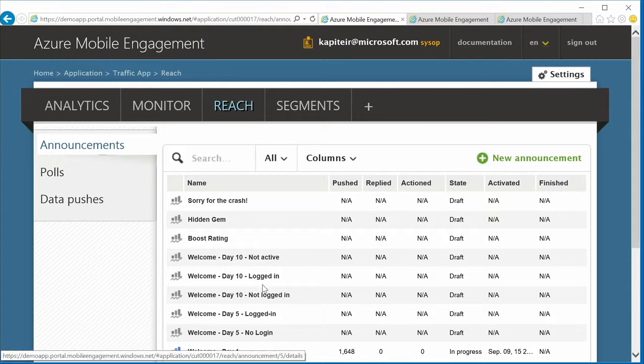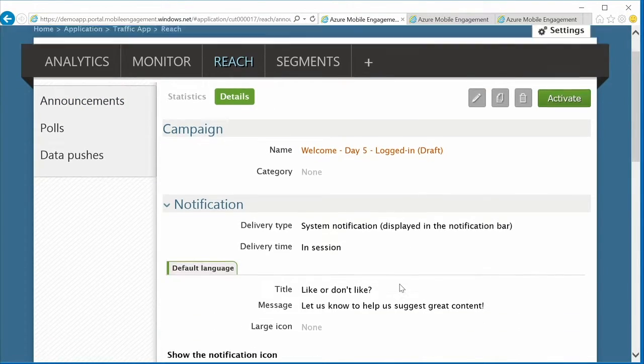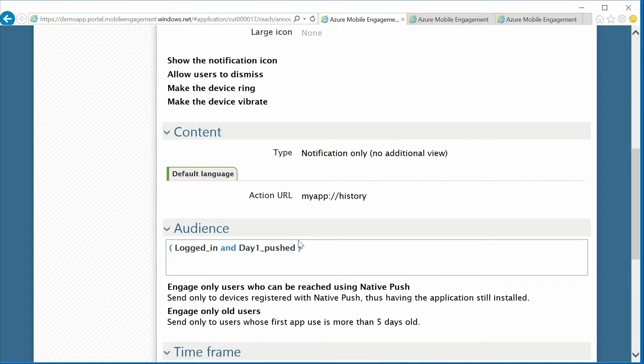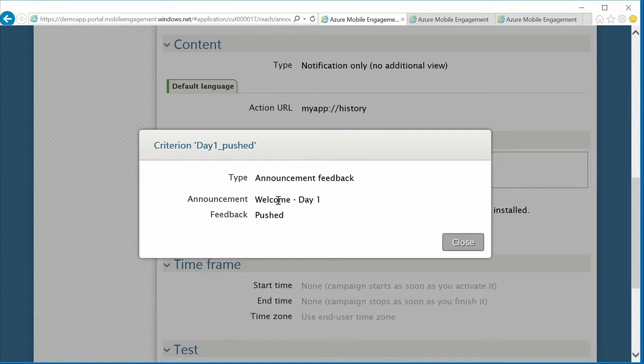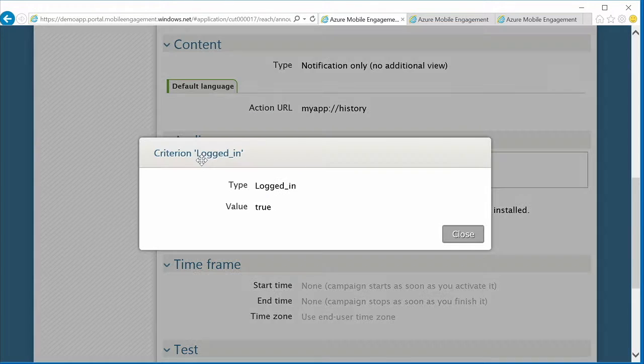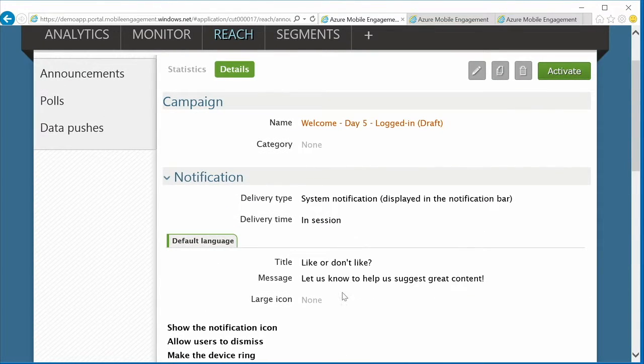The other part is for those other users who actually logged in. So how do we know that? Again, it's in the audience portion of the UI, where we still want to get those users who have been pushed for the first campaign, for the day one campaign, but only the users who did log in. And that's how we will be able to send them another message.